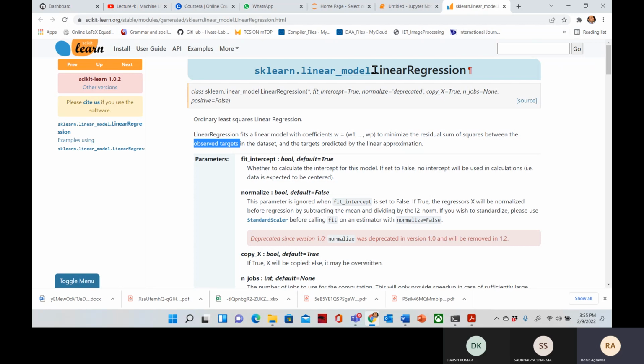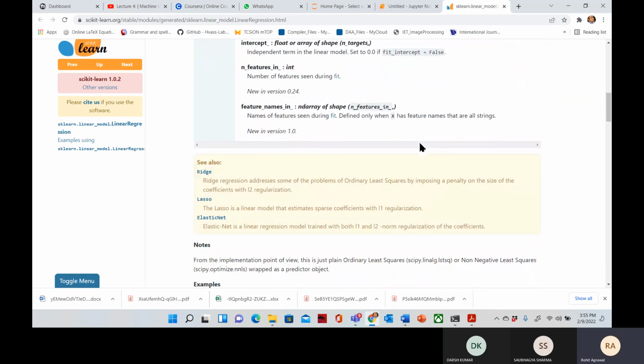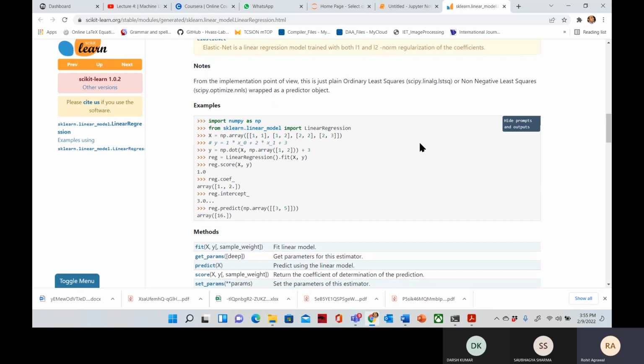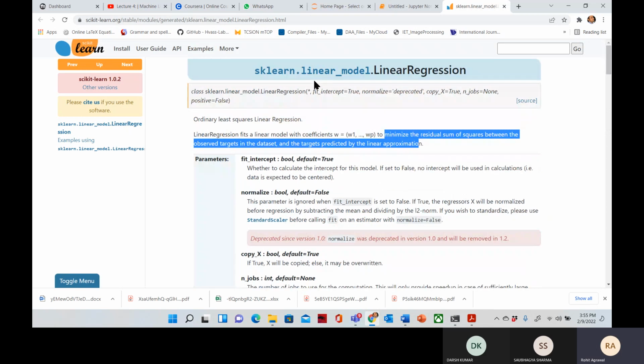sklearn linear regression. Yes, sir. Clear hai na? And I already cleared what these terms are. Okay? This is the mathematics behind it. So this is the library that we are going to use. One example they have already given to you, but I will show you my example. So not only this library, we need to use actually this one.